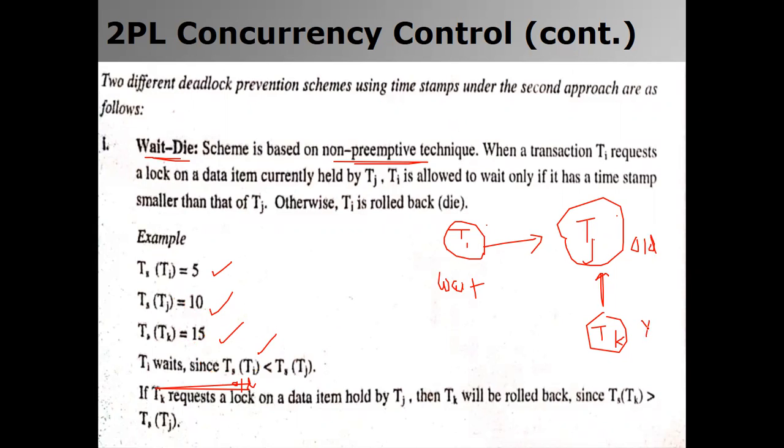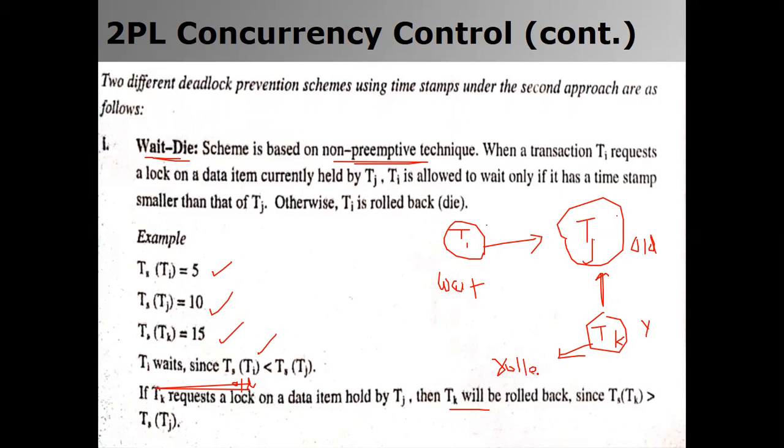In this case, if an old transaction is coming, then we are telling it to wait. But if a young transaction is coming, whose timestamp value is greater than the timestamp value of the transaction that is executing, you can see the timestamp value of TK is greater than the timestamp value of TJ. Then what we are going to do is TK will be rolled back over here. So this transaction will be rolled back, and a rolled back transaction is going to be aborted and started as a new transaction.